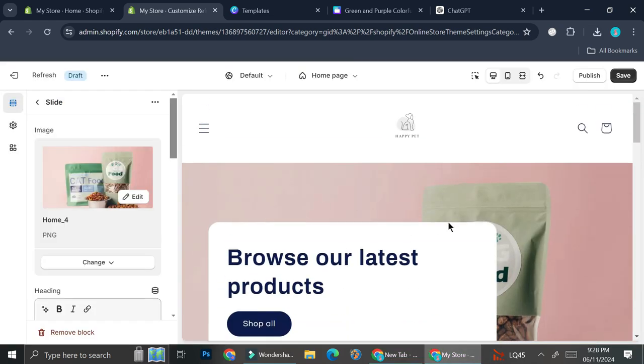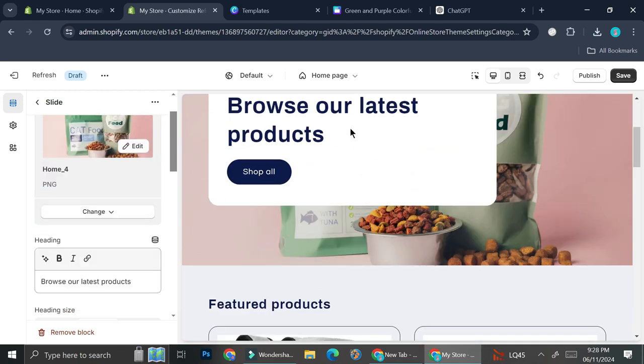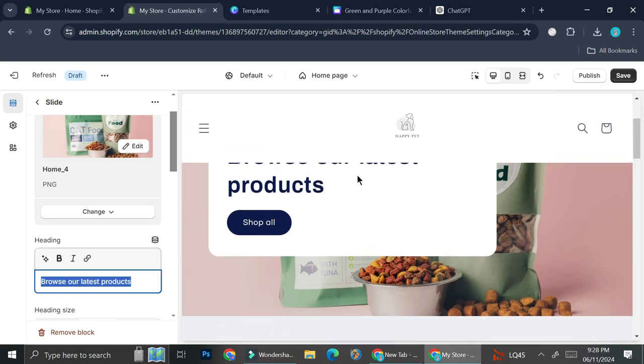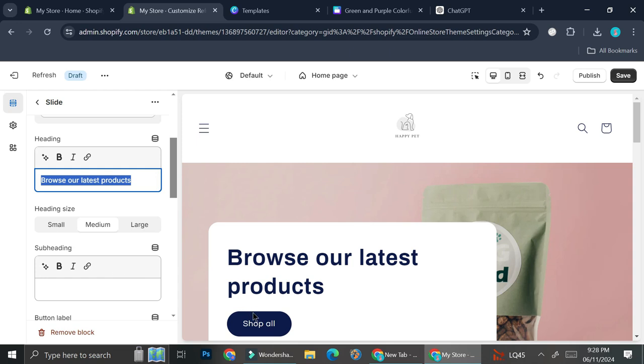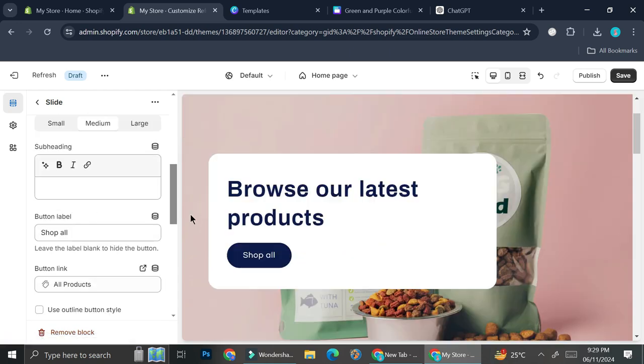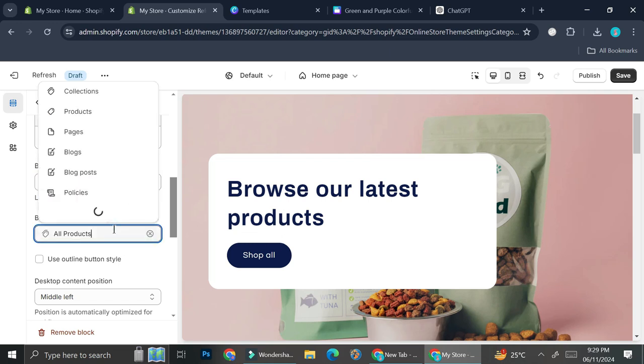All right, so now that I've got the first banner added, you have the option to change the heading if you want, but I feel like this is perfect. So it says browse our latest product, and then we have the shop all button, and you can edit the button through here. So you can change the button text if you want,